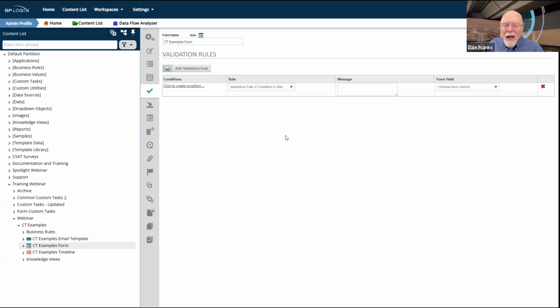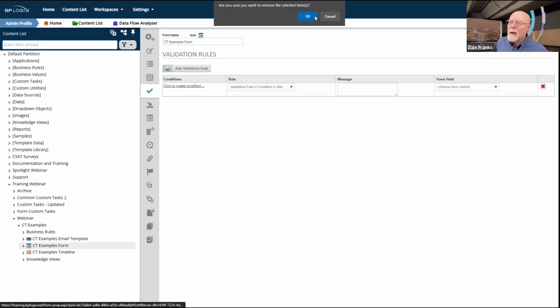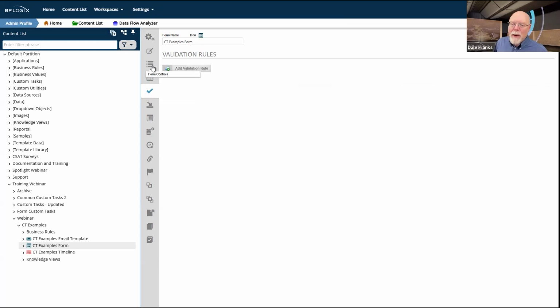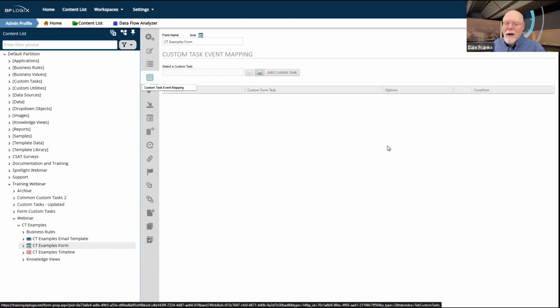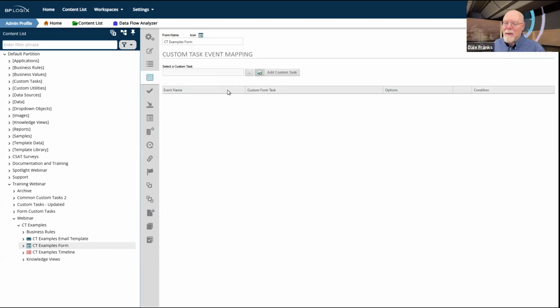The validate form custom task enables me to call a validation whenever I want to call it. So let's go back to my form. I already have form controls that are event fields, so I can call that validation immediately. So we'll go to our custom task event mapping tab.